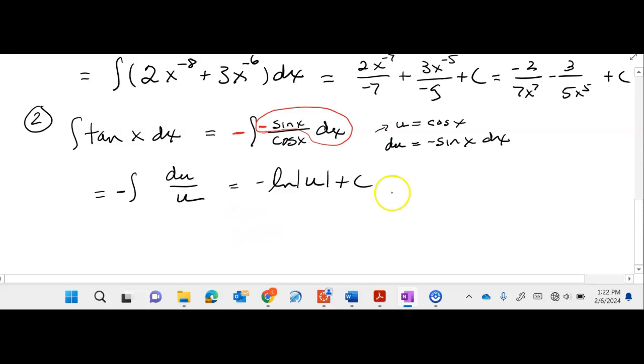which equals negative ln cosine x plus c. Now this is kind of an interesting one because of our properties of natural log. Doesn't that also equal